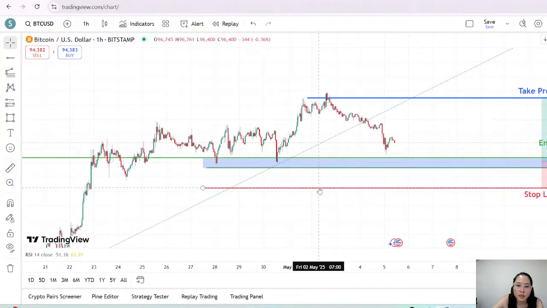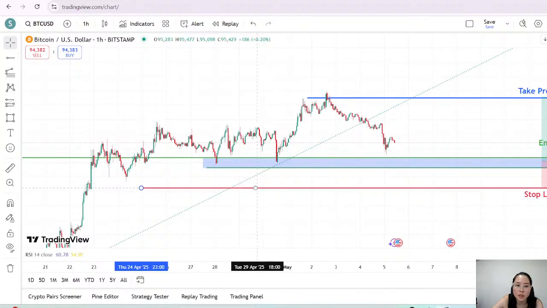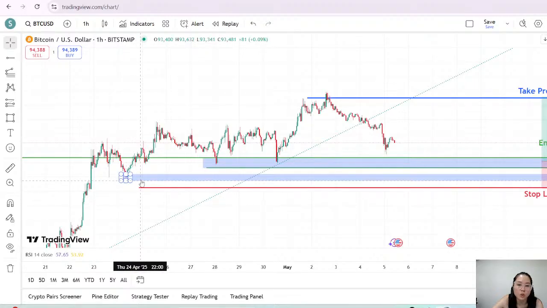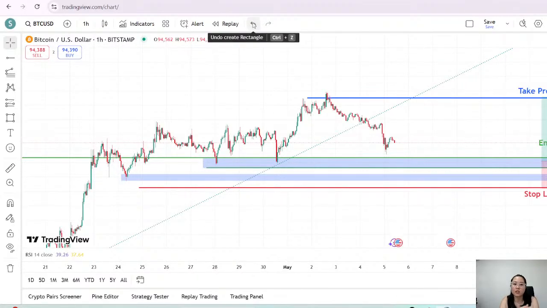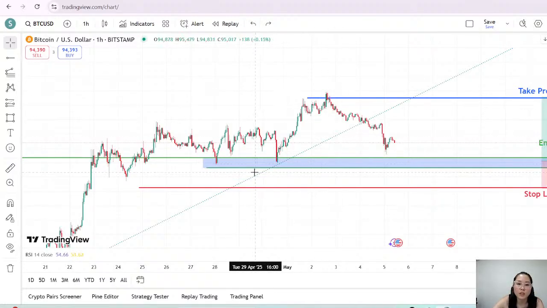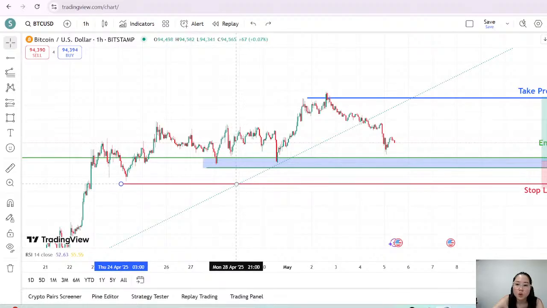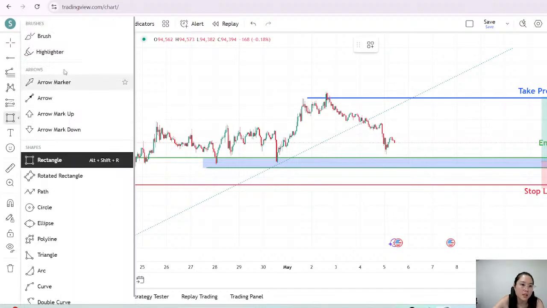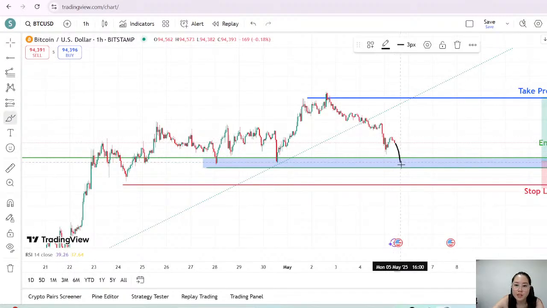The reason I put the stop loss here is because I see this zone here. Ultimately, I want to avoid zones because price is attracted to zones. The zones are like magnets, so price keeps wanting to go back to those zones. You want to put your stop loss slightly below those zones, so that even if price comes back to this area, it misses your stop loss and then it makes a U-turn.